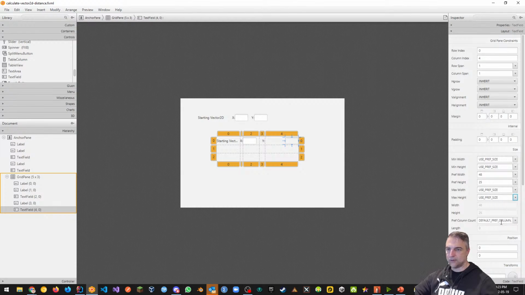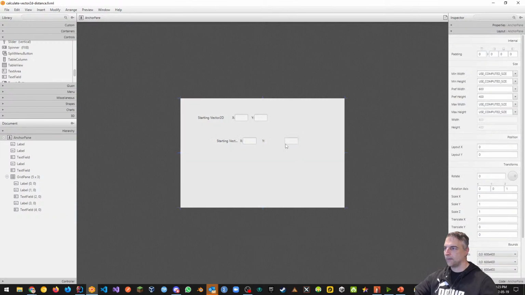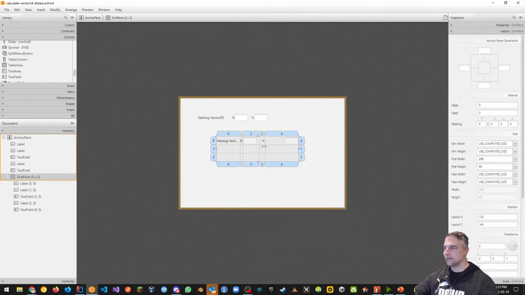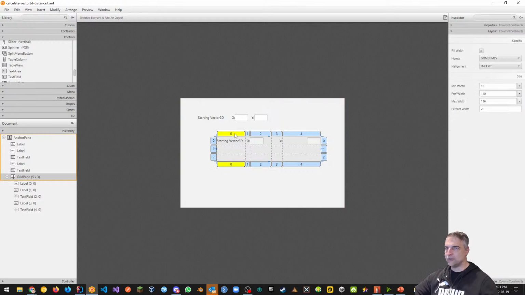And what I can do for my preferred size is actually type it in this time instead of calculating it by myself. All right. That doesn't look right. This doesn't quite look exactly how I want it to, does it? I can make this larger. My house is burning down. No problem. I can make this larger, but one thing you can do is you can specify the preferred width